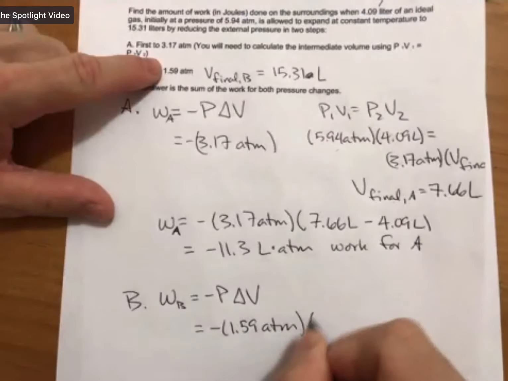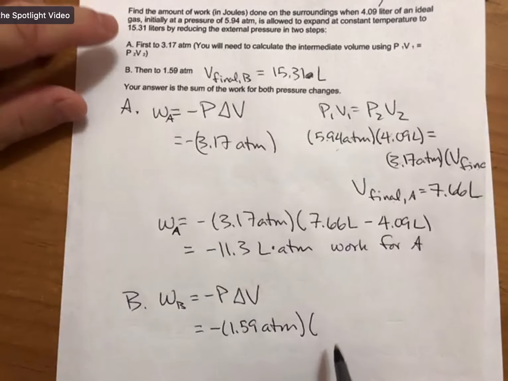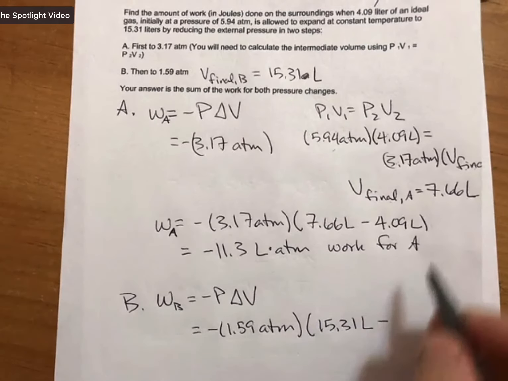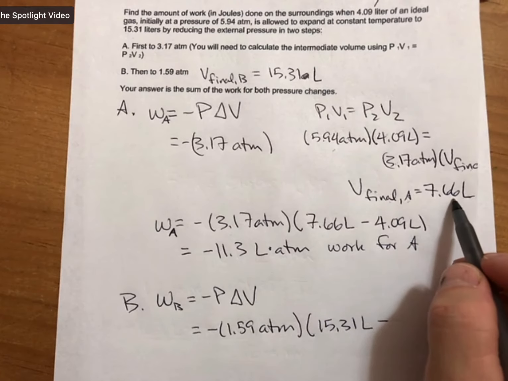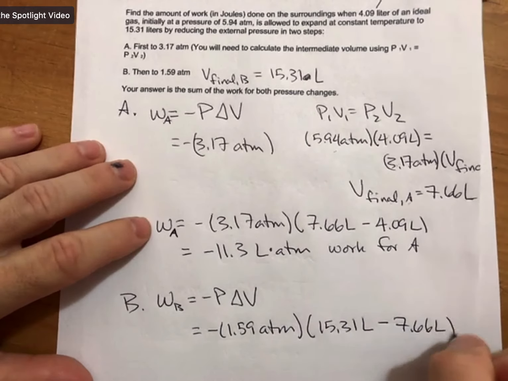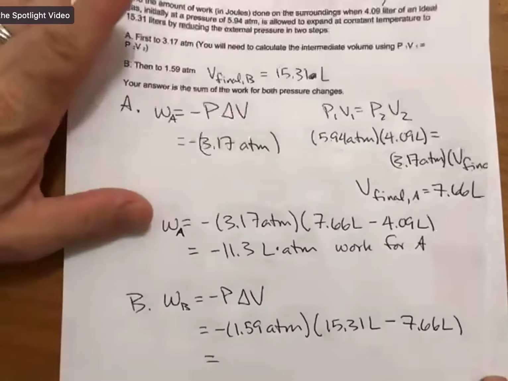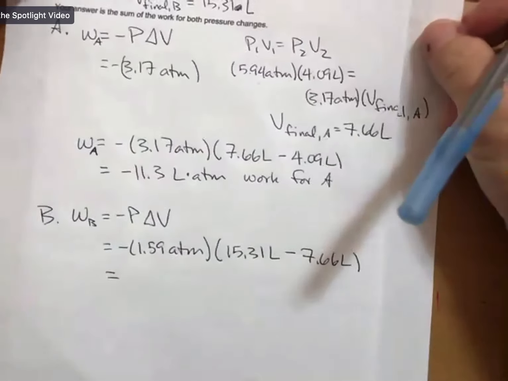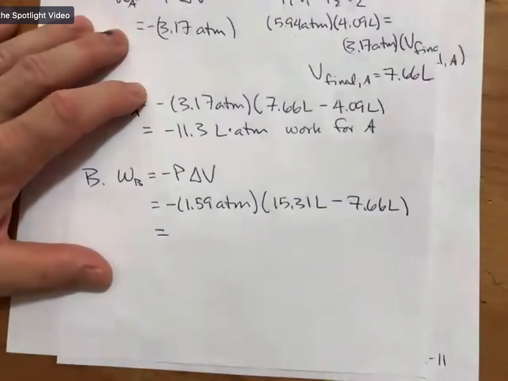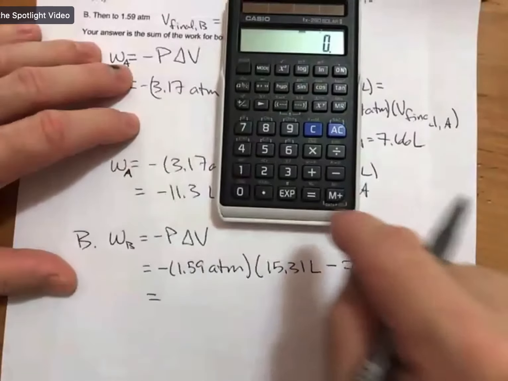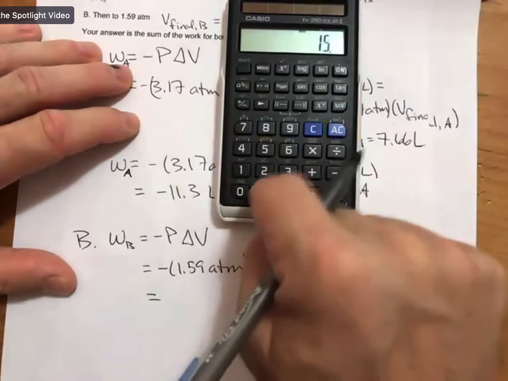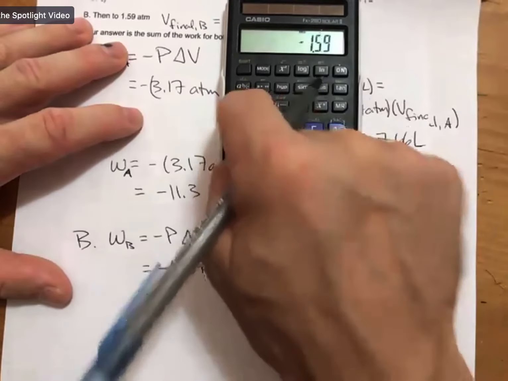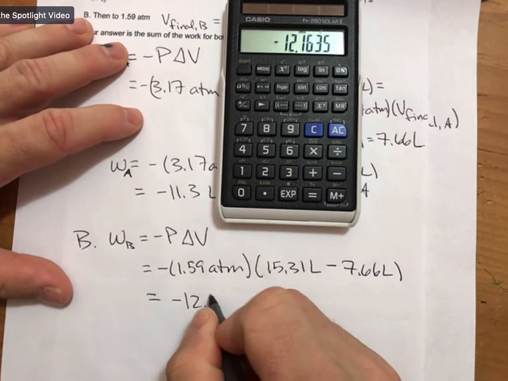And I have my final volume for B, and my initial volume for B is my final volume for A. Subtracting my volumes, I get 7.65 liters times 1.59 atmospheres, minus 12.2 liter atmospheres,